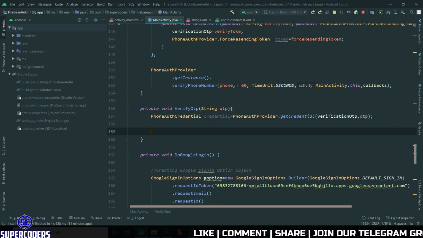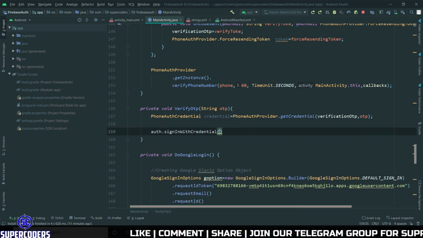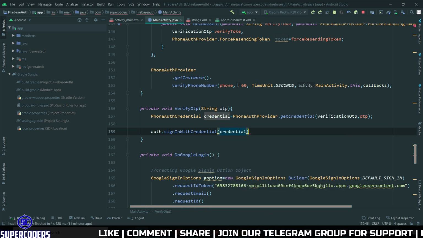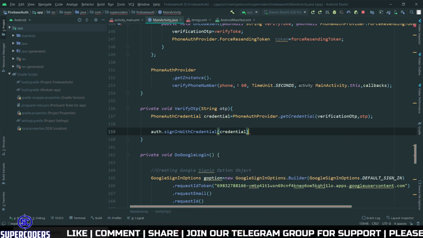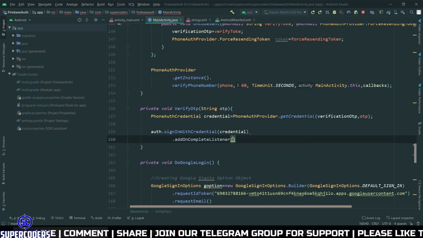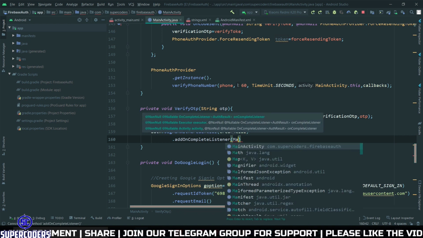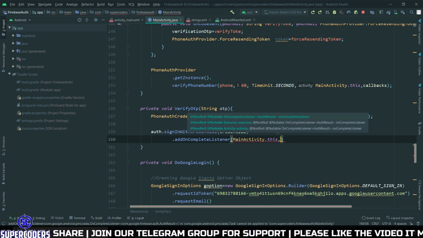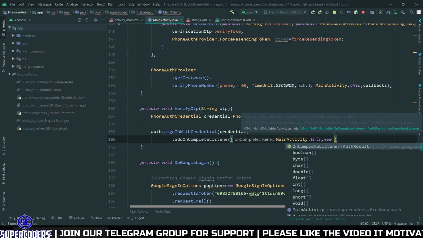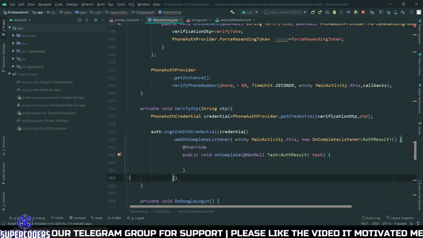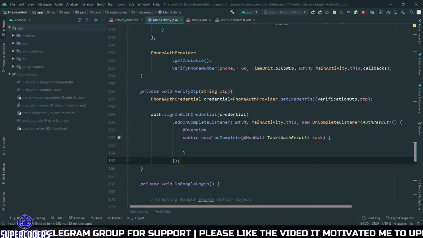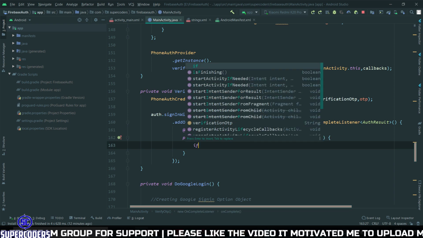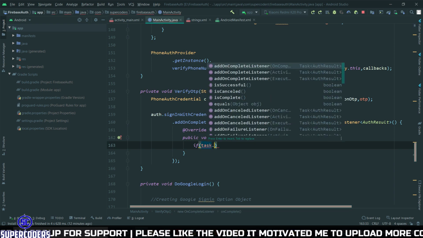So auth.signInWithCredential, same way which I created previously, .addOnCompleteListener, again MainActivity.this, and new OnCompleteListener. In the same way just check if the task is successful.